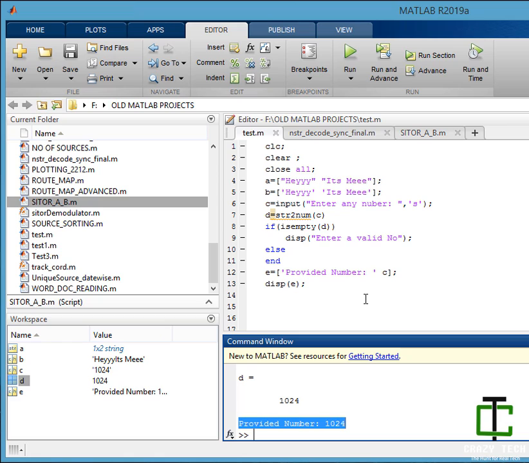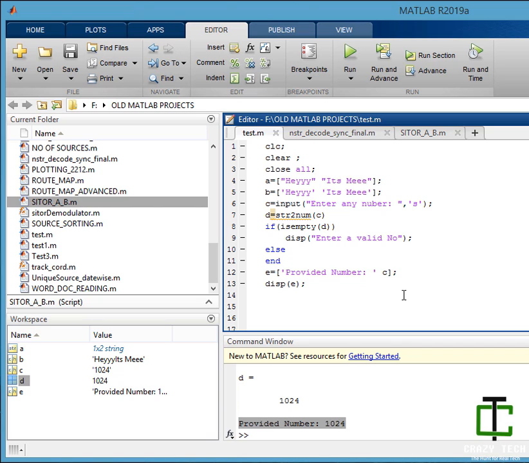So now if I want to have a new line between strings. Remember in C there is a character called backslash n, but here you have to do it another way.